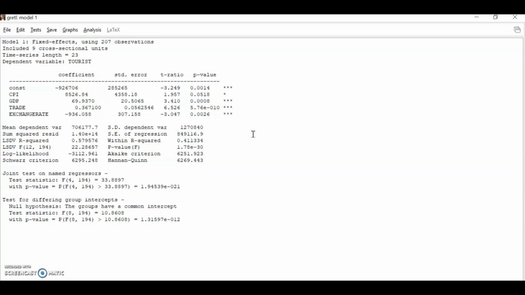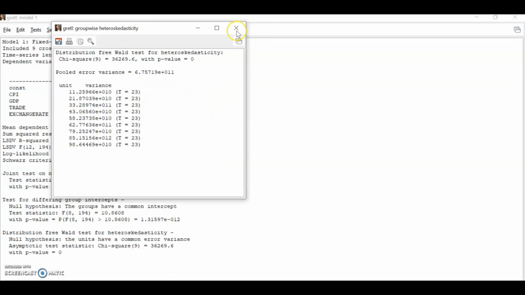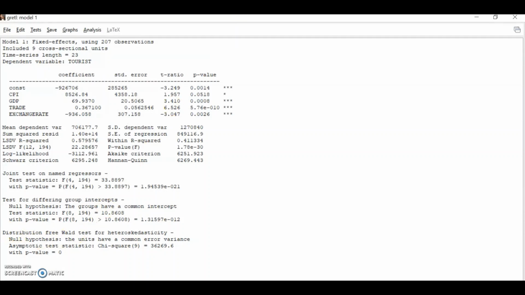So apart from that, we can also conduct certain diagnostic tests to identify the validity of our fixed effects model. So check test, and we can at first conduct the heteroscedasticity test and choose group wise. Close this pop-up result. Here we have the results for our heteroscedasticity test, where the distribution free Wald test for heteroscedasticity states that the null hypothesis is the units have a common error variance. In other words, the null hypothesis states that we don't have